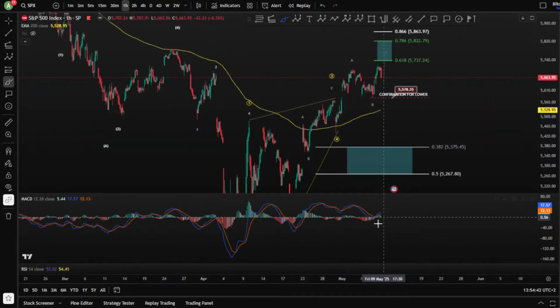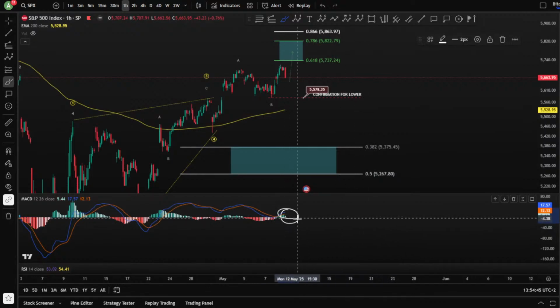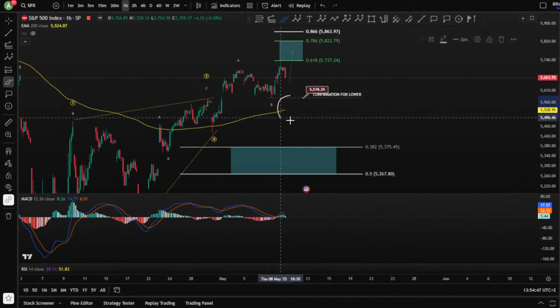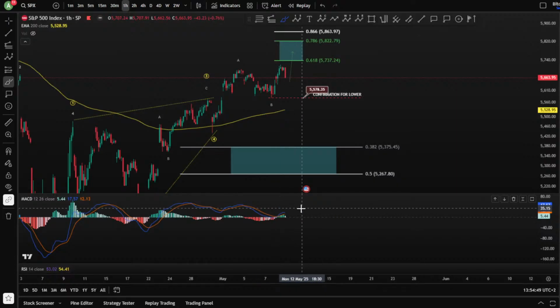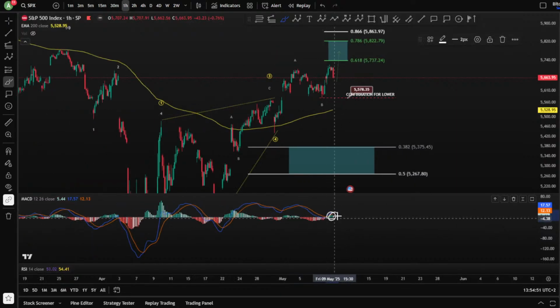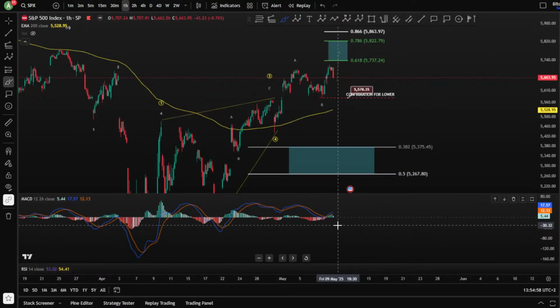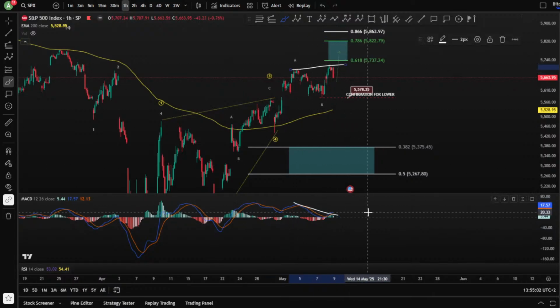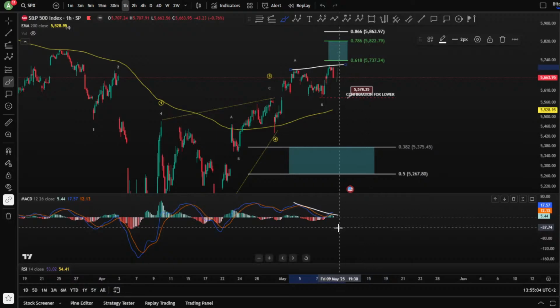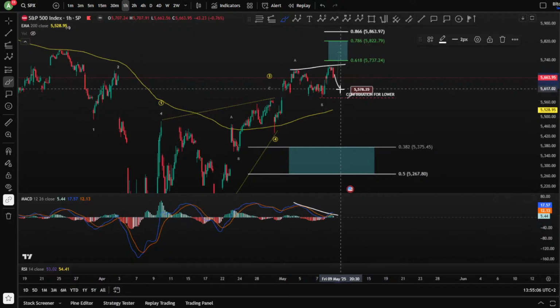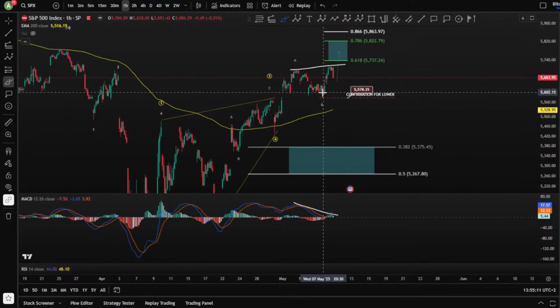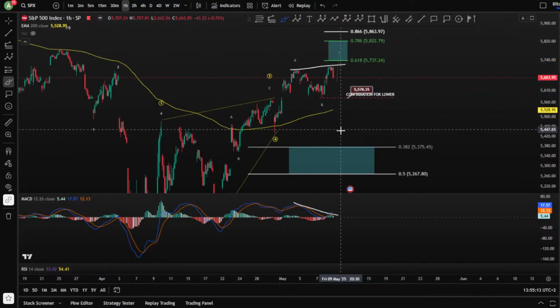On the 1-hour chart, we are over the EMA and in the highest part of the MACD. Momentum is starting to decrease, but it doesn't mean that you're moving down. You don't have a bearish cross yet. And okay, there is some bearish divergence here, but it can, of course, recover at this area and move toward the upside as 1, 2, 3, 4, 5.